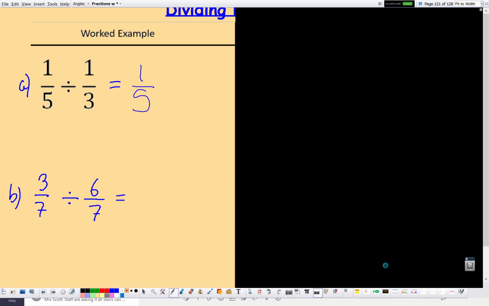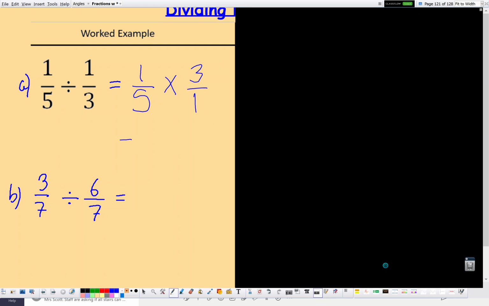Now, what does change is the second fraction. We change it to a times, and we take the reciprocal of the second fraction. So we flip it upside down. So 1/3 becomes 3/1. Okay? Now, because we're still doing a multiplication, I'm leaving it as 3/1 because we're going to multiply the top